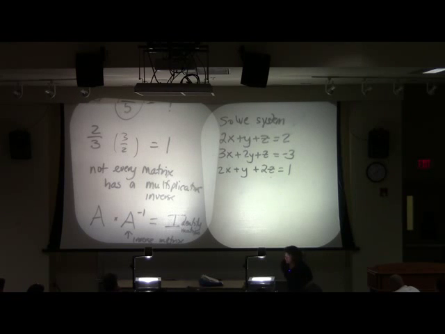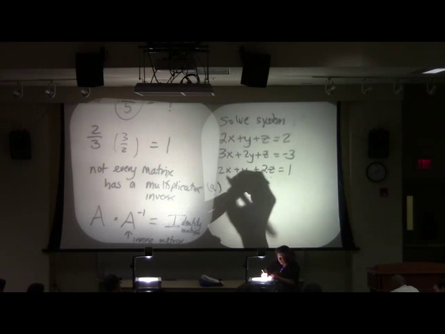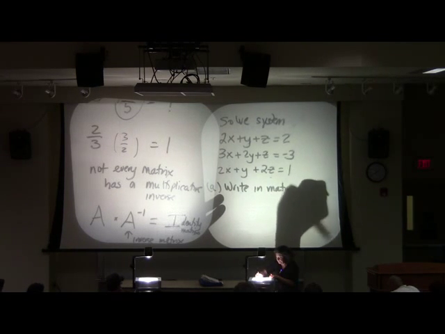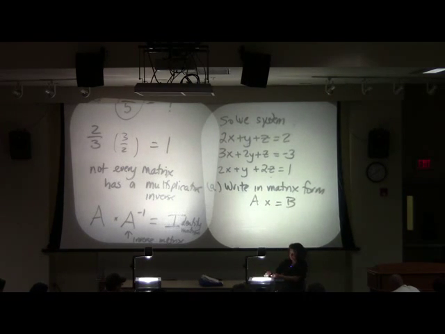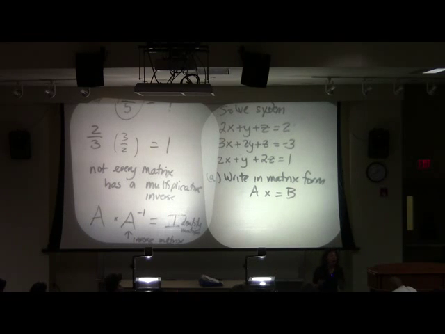Now, we had already talked about writing this in matrix form. Do you guys remember that? Okay? And I told you guys when I explained the first round that we're actually going to write it a little bit differently. And here's where we're going to. It's really not very difficult. On anything, the way I will word this is write in matrix form. And I'll write it as AX equals B. Okay? Let me show you how we're going to want to write this. And then I'm going to show you that this is a very good way to do it.